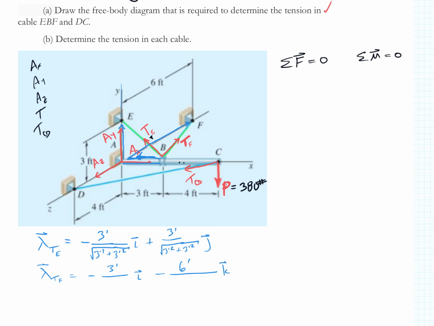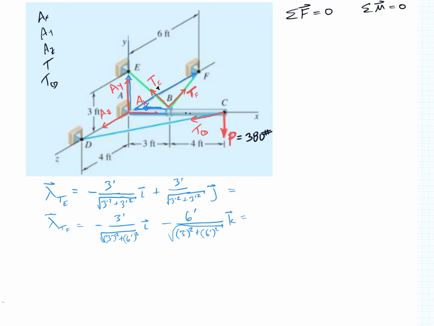Okay, and so we need the magnitude on the bottom. So it's going to be 3 feet squared plus 6 feet squared, and this one will be 3 feet squared plus 6 feet squared, square root. Okay, so these things, I guess we should go ahead and do TCD while we're here. So we'll go ahead and go with lambda of TCD